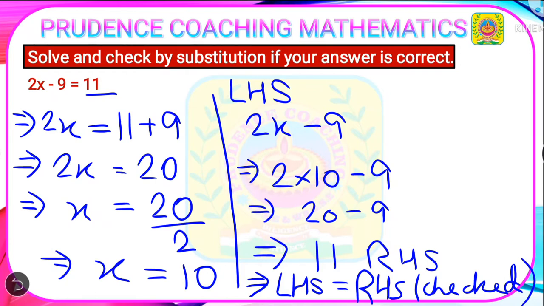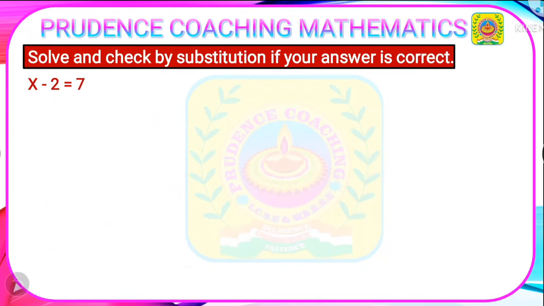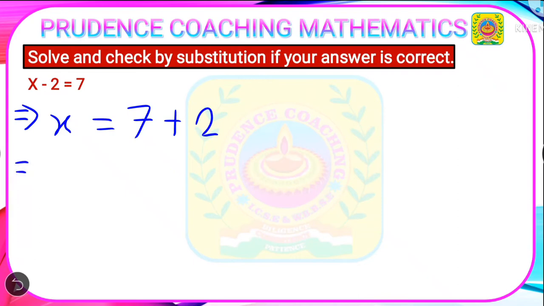Next we will start with the next problem, that is x minus 2 equals 7. Here also the variable is x and the highest degree of x is 1. Therefore it is a linear equation in one variable. So let's start with the equation. First we will use the transposition method and take the -2, that is a constant, towards the right. So you will get x equals 7 plus 2. This -2 will become plus 2 when we take it to the right hand side. So your final answer will be x equals 7 plus 2, that is 9.